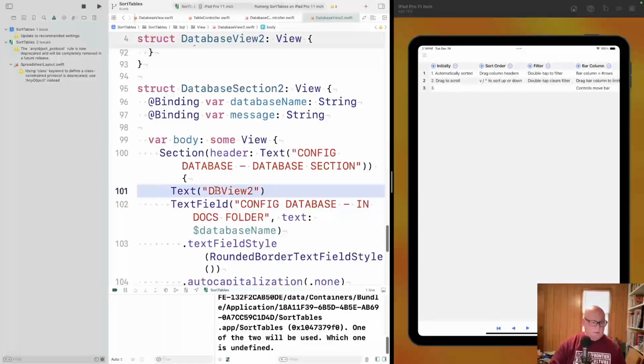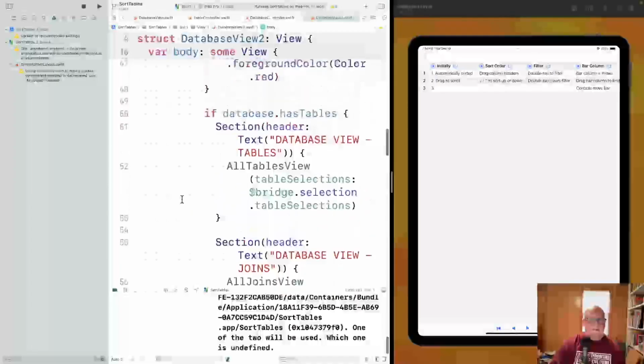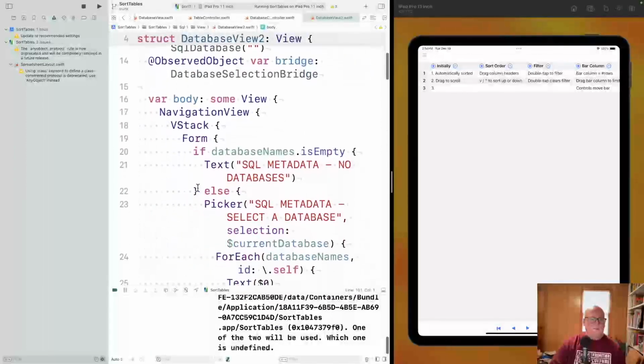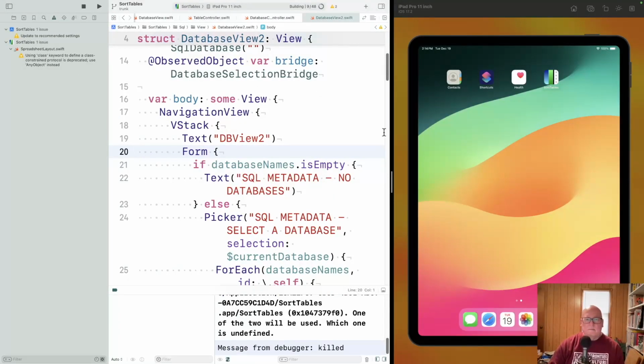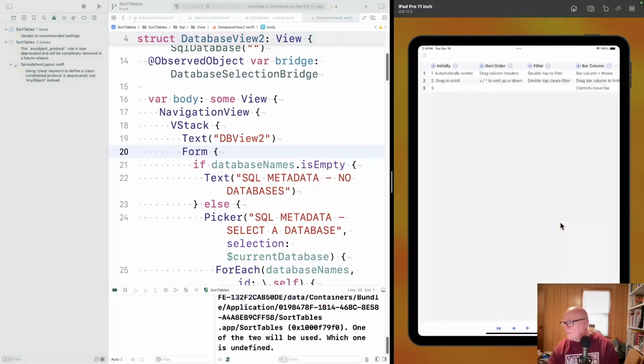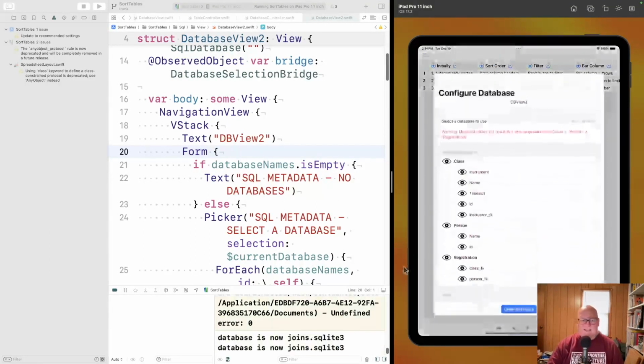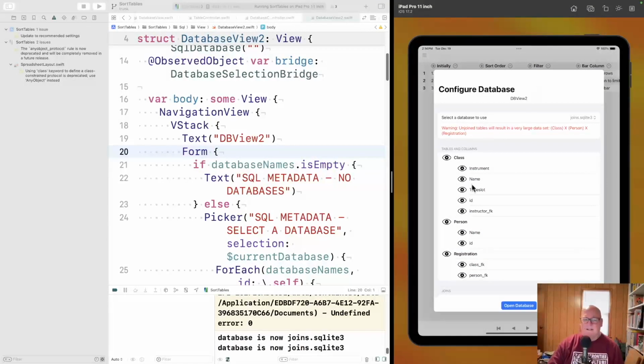Oh, whoops. Wrong place. I know, it's a puzzle. Why is it called? Yeah. That's why I'm worried. I mean, it just seems wrong. But, is there some, I don't know, recreating it shouldn't change it, though. I'm at a loss. Okay, databases now, and then we can see we are definitely working with DBView 2. Okay, so